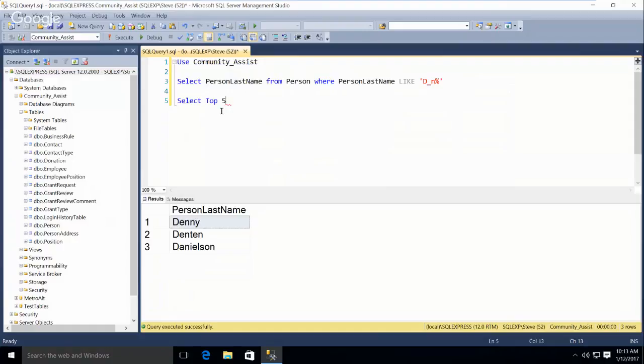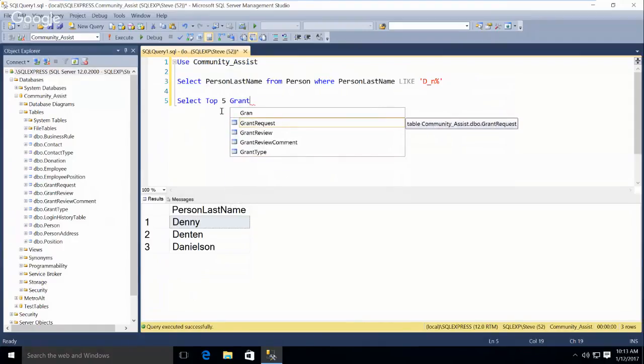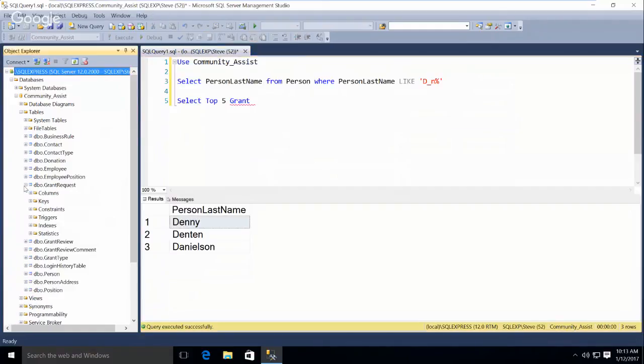Let's do top 5. And then let's do, what are the fields in grant request?